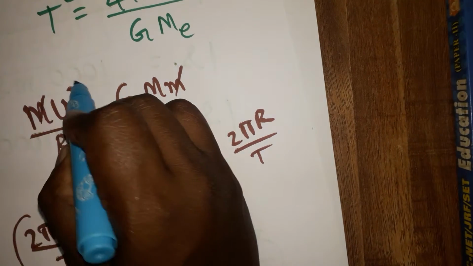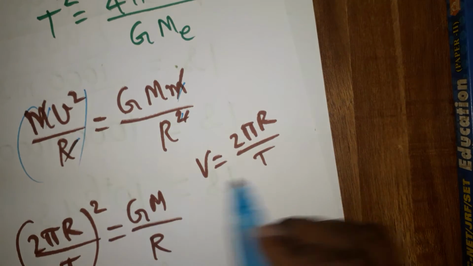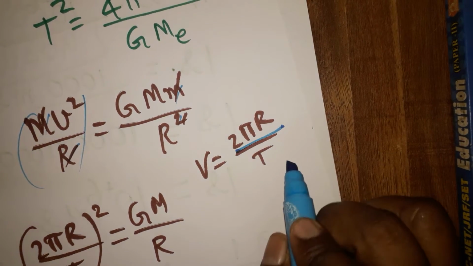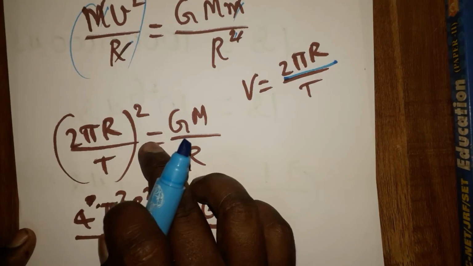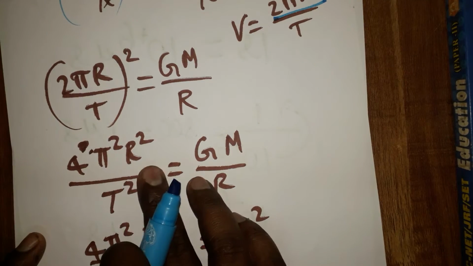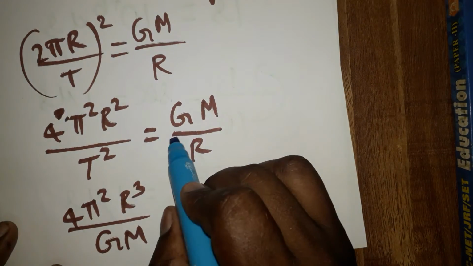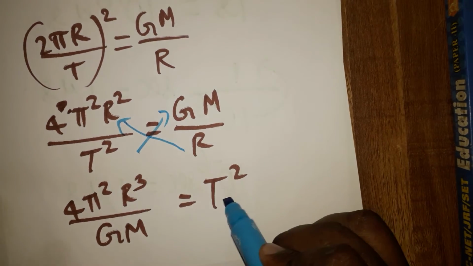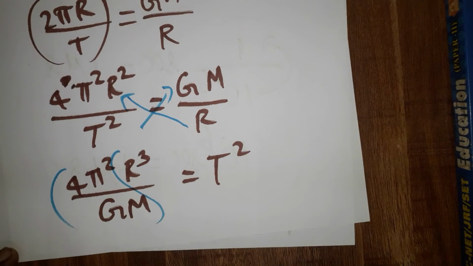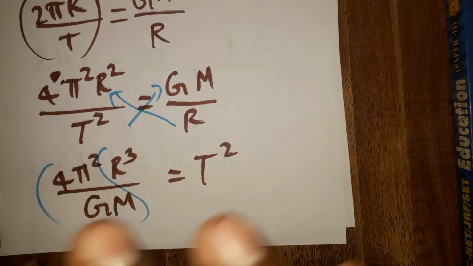Already I told you centripetal force is equal to gravitational force, and r gets cancelled. In circular motion, displacement is 2 pi r and time period is T, so V is 2 pi r divided by T. If you square this, 4 pi square r square by T square is equal to G M divided by r. So finally I will get r cube proportional to T square, with the remaining being constant terms. So T square is directly proportional to the cube of the radius. It is a very important formula.